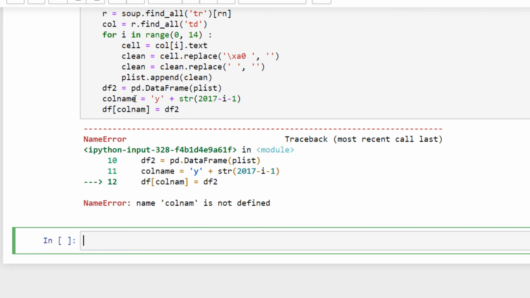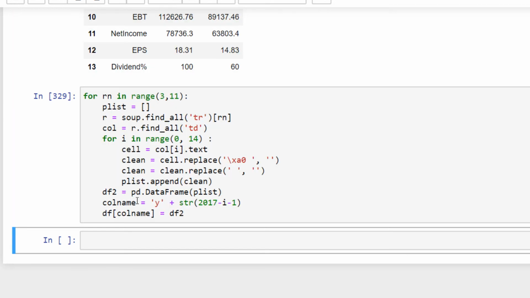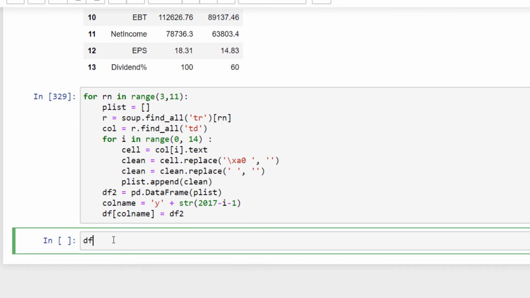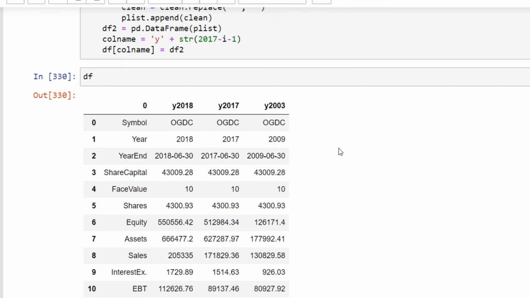There is a spelling mistake. Let's run it again. And the loop has successfully completed. There was an error. Let's see whether it created a problem or not.